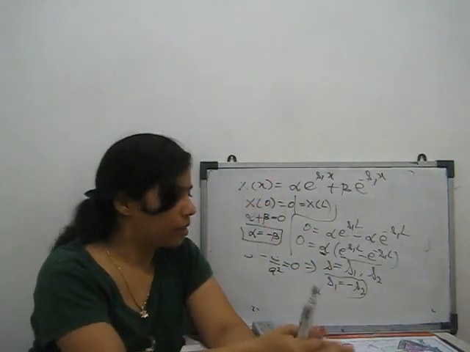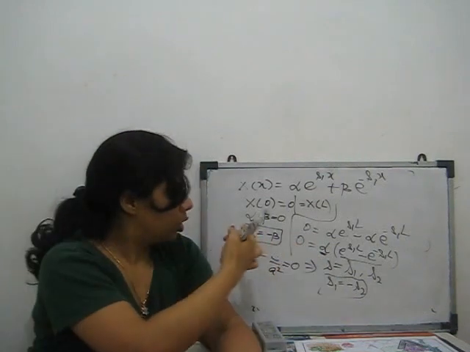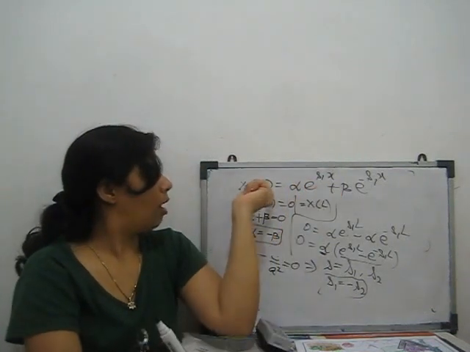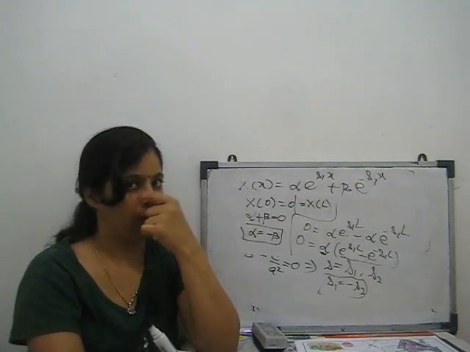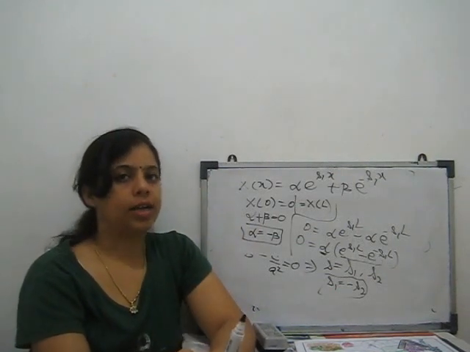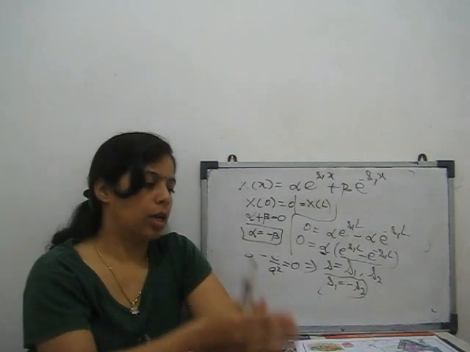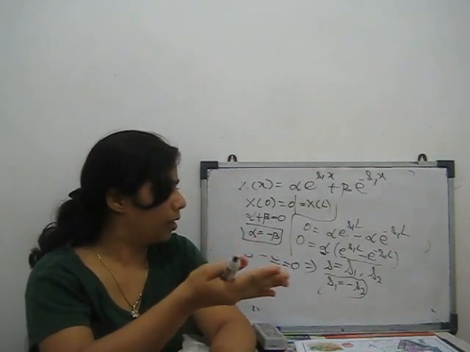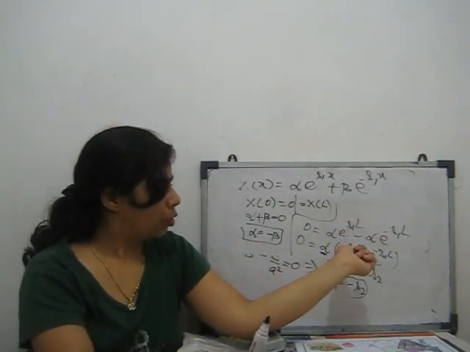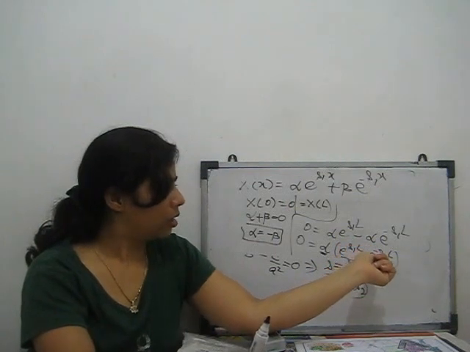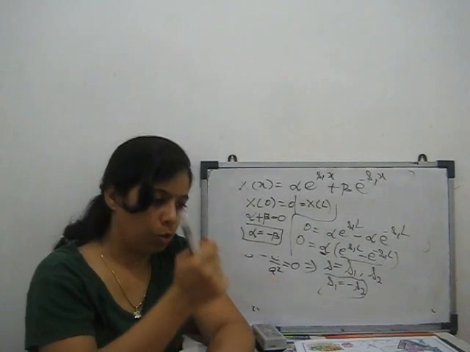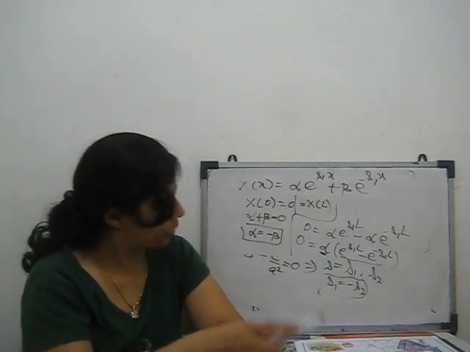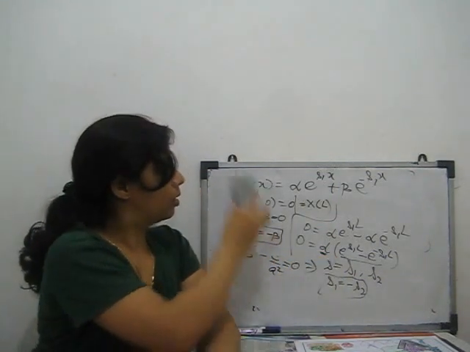So if we say alpha equal to 0, then beta is also 0, and our X(x) is given by 0. So no solution will be given. We don't want that, that is the trivial solution. So we go for the other possibility, that e to the power s1L minus e to the power minus s1L is equal to 0.